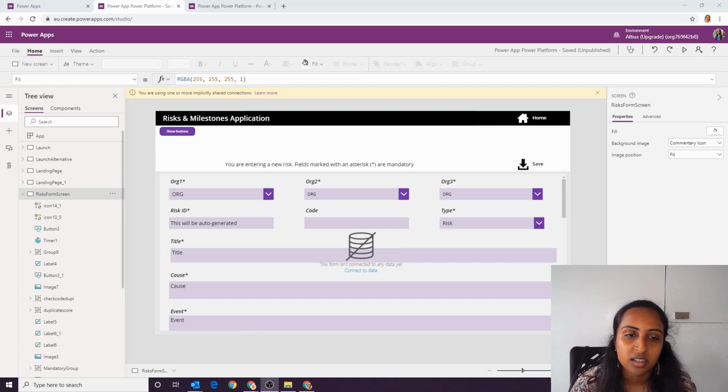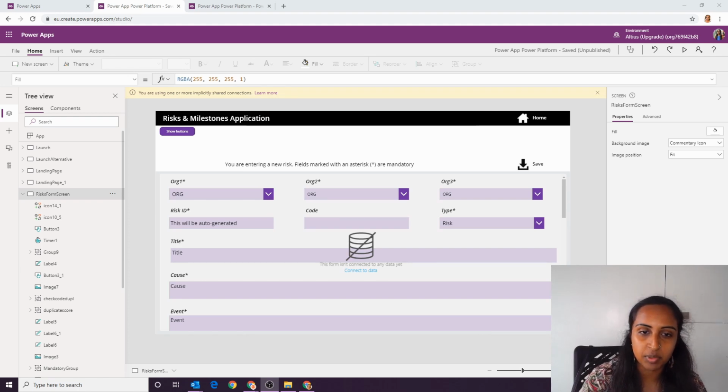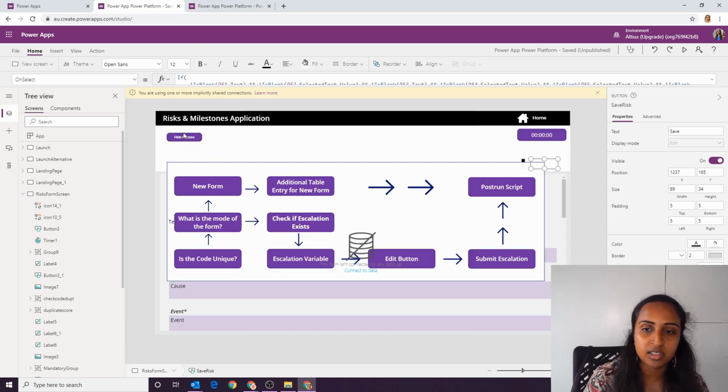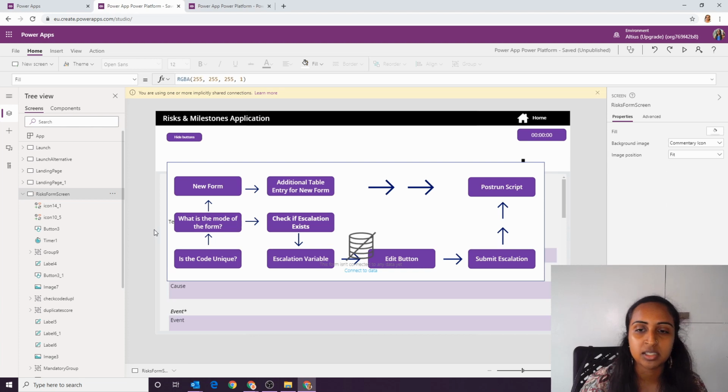Today's episode is going to look at something I find massively useful when I'm building out a Power Apps solution. So what we can see on this screen here is a Power App application, and when I click this Save button, so this is essentially a form that's going to save some data back to a database, what actually happens behind the scenes is that a series of buttons are actually being clicked, and then based on certain variables and things,